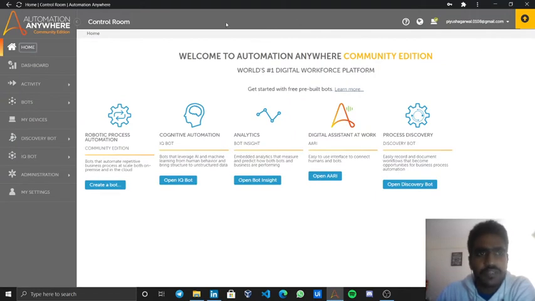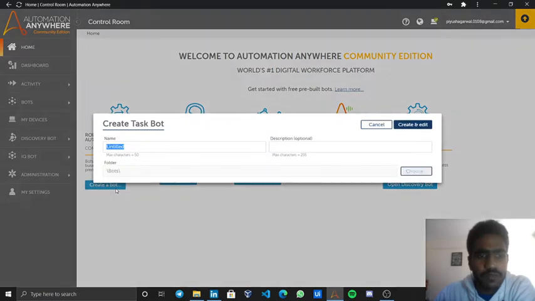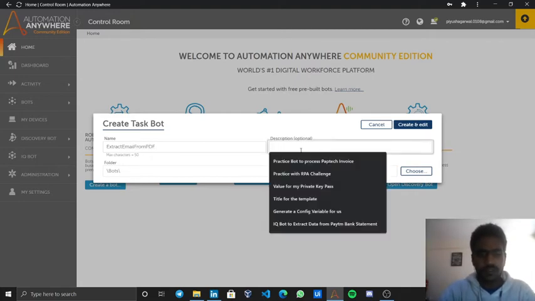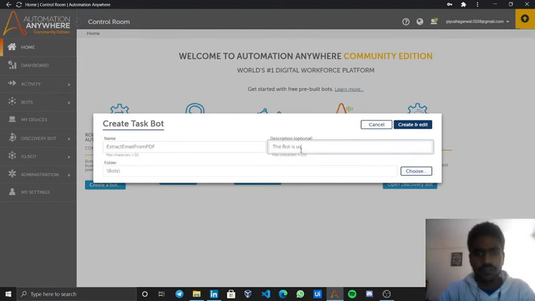So this is the basic dashboard of A2019. I will click on create a bot, and let's name this bot extract emails from PDF. The bot is used to extract emails of different resumes.